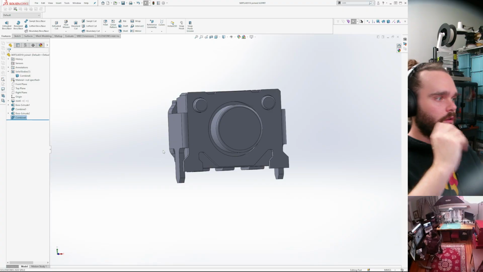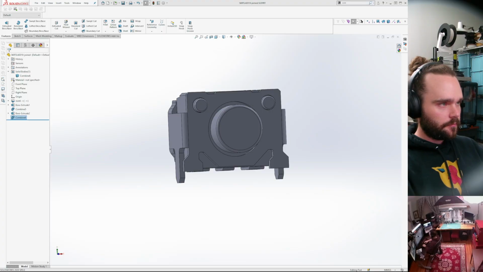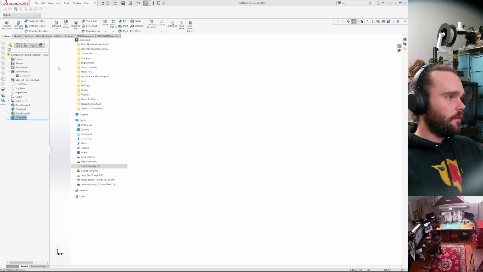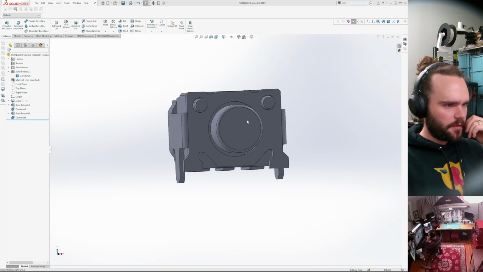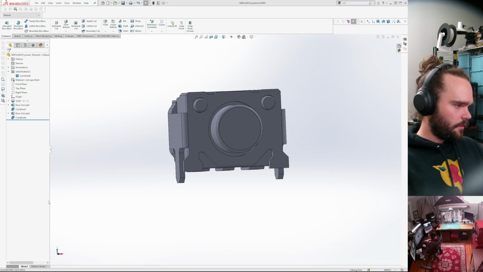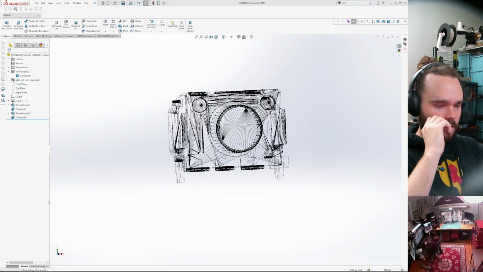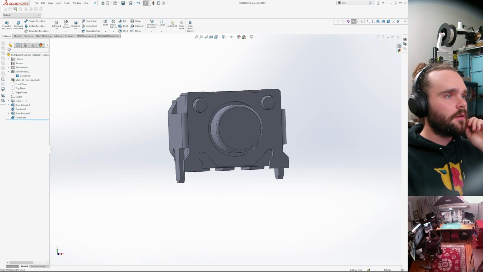So we can now create our export file, save as, copy and continue, step export, STL. Okay, nice. So now on to the next.